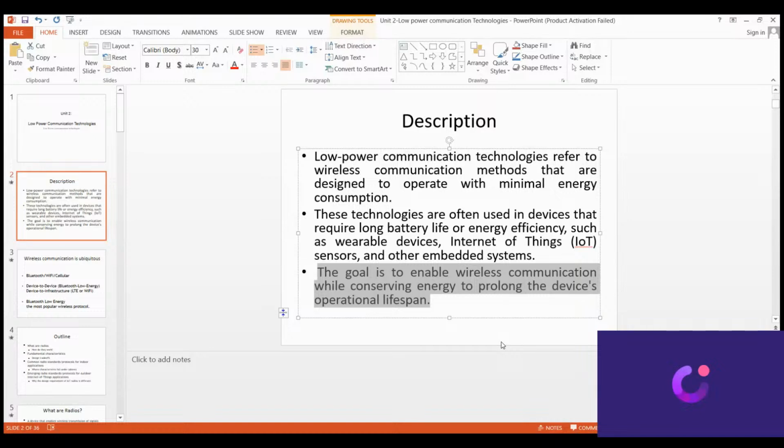...is ongoing, so that the energy is also conserved. You don't want a situation whereby you are communicating and within a short time you find that you've run out of battery, and so forth. That will affect the transfer of data between the devices. That is why, from inception, these devices are made in a way that they have long-life batteries that are energy efficient.